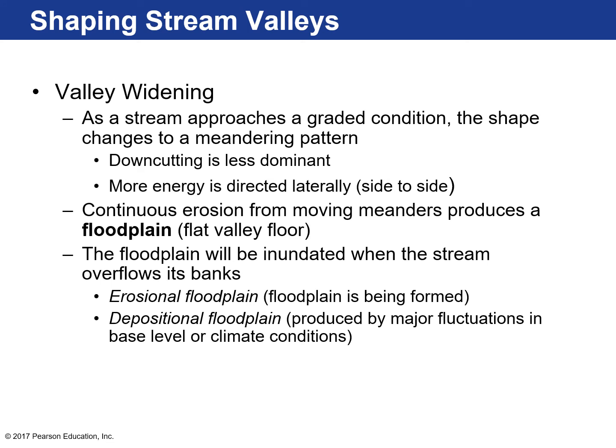I can hear it. Other rivers focus on eroding side to side, or wide valley widening. Okay, so when a stream approaches the ultimate base level, downcutting is less dominant, and now instead the river sways back and forth. That's where those meanders come from, and more energy is directed side to side, just lateral erosion. And so what that creates is a flat valley floor or a floodplain. Think of the Mississippi River floodplain, closer to the Gulf of Mexico, lower elevation. Floodplains will be inundated or flooded when the stream is in its flood stage and water overflows its banks, and it creates